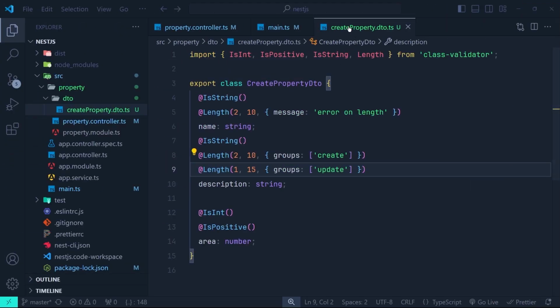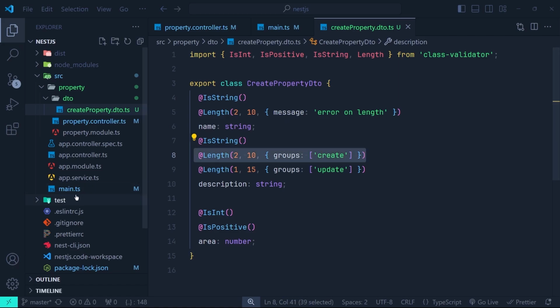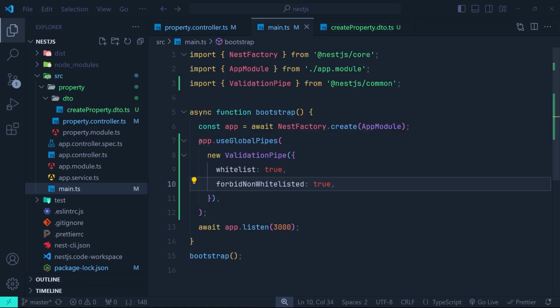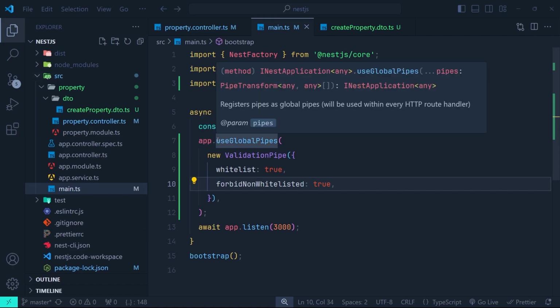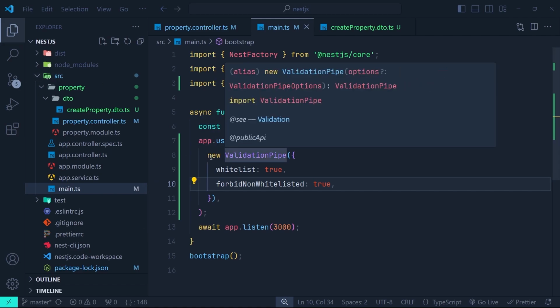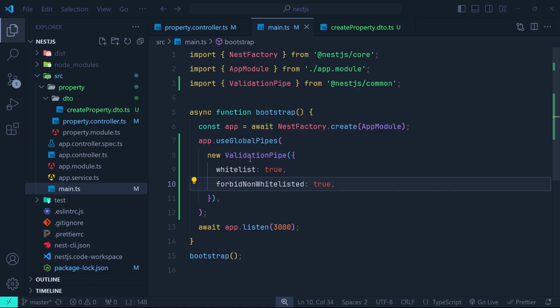So if I go to the create DTO here, you can see the first Length decorator, in which we have set the min length to 2, is applied even if the group is create. So as I said, these groups don't work, just the first one will be applied. So again, to use the global validation, go to the main.ts file and call useGlobalPipes and pass the new ValidationPipe instance, and inside that pass your options. Now it actually enforces the validation across all your application, including all modules,